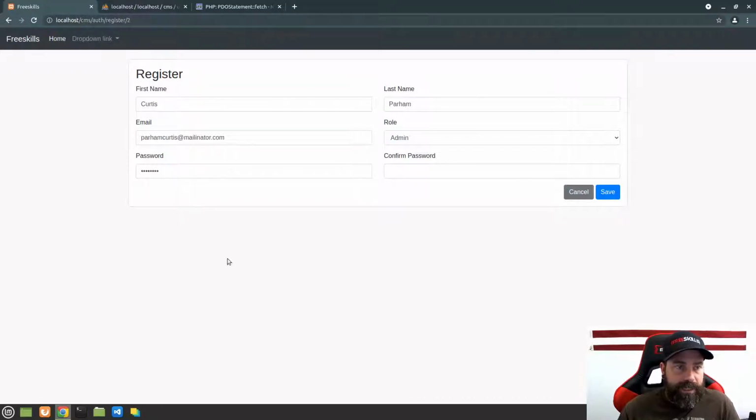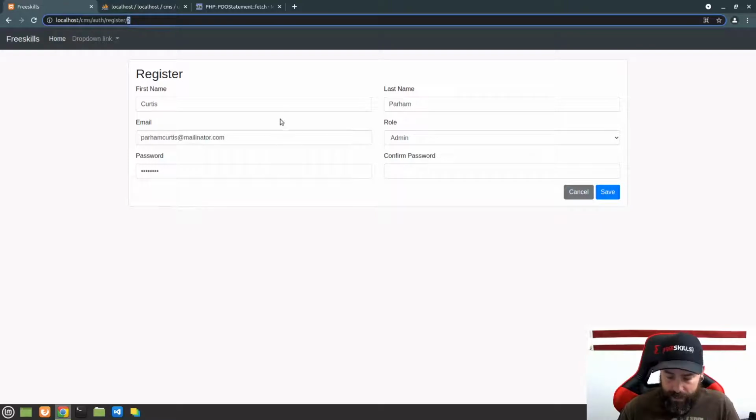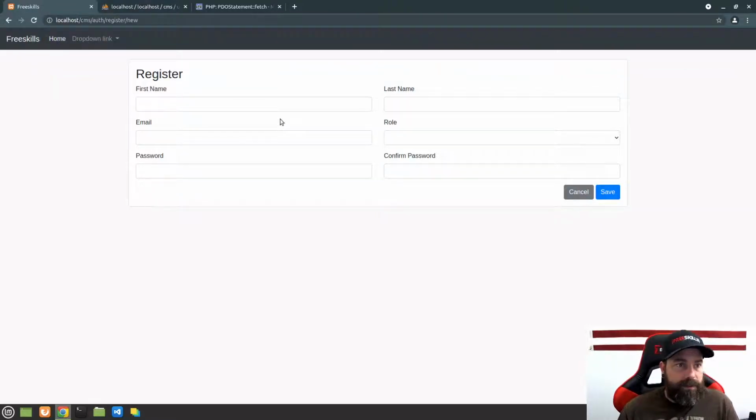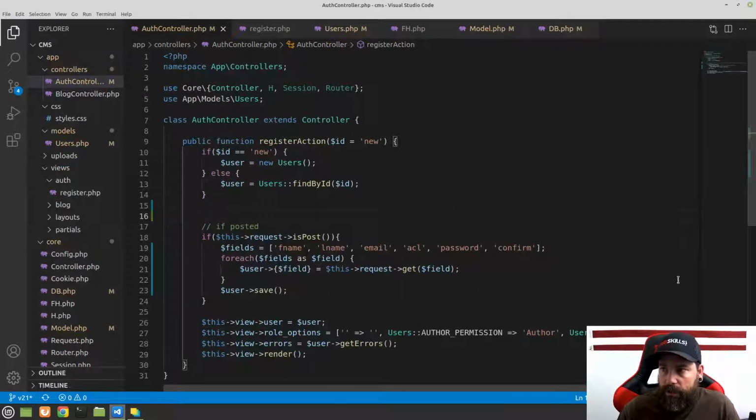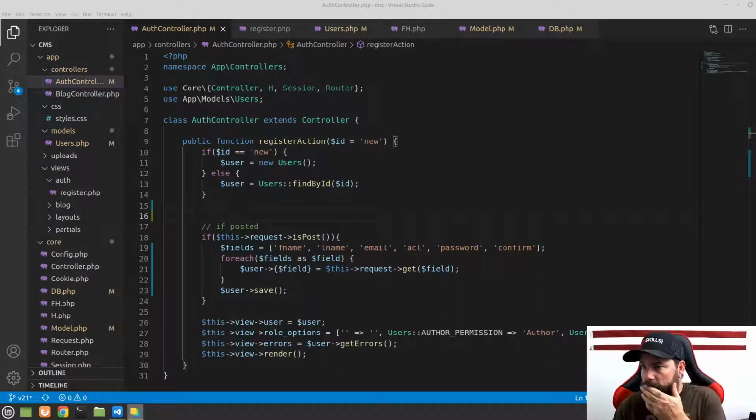So now we can use this form to actually update users or create new users. So let's go ahead now and knock out a few more things. I think the best thing to do at this point is we're going to want to fix the password so that it is hashed. So I think the best place to do that is probably